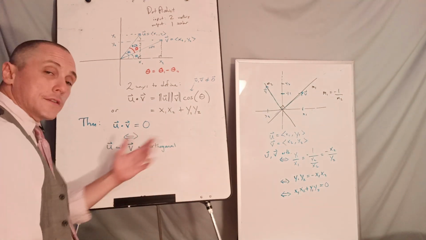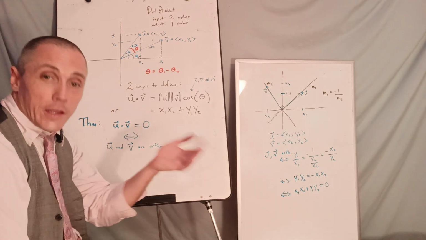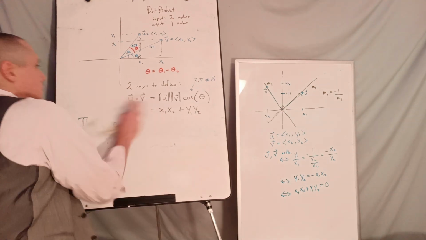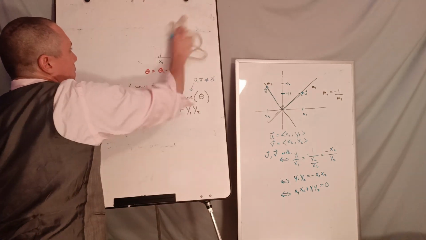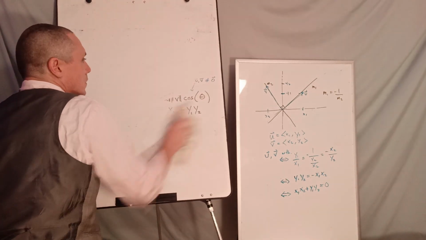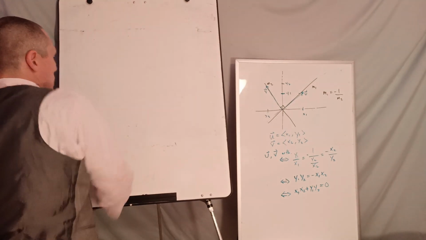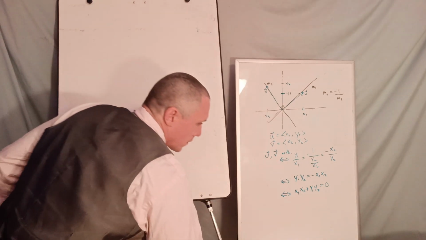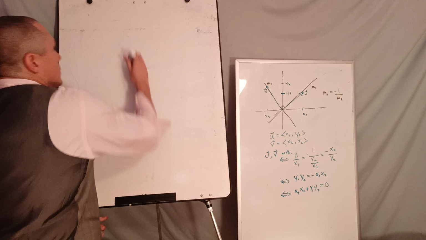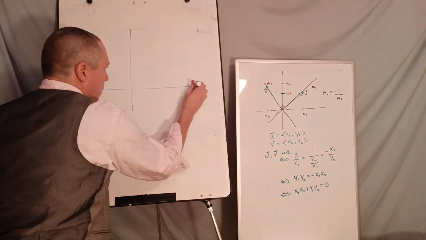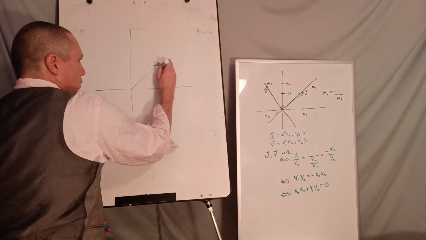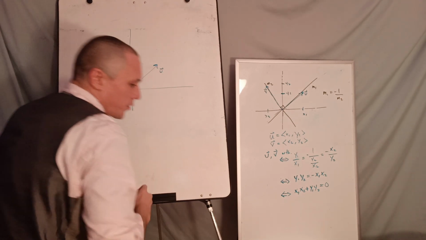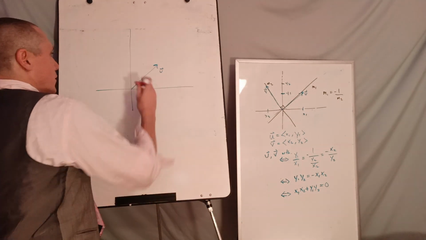So we might want to also talk about parallelity and anti-parallelity just a little bit. But we can kind of see that if I have a vector u and it's going the same direction as some vector v,